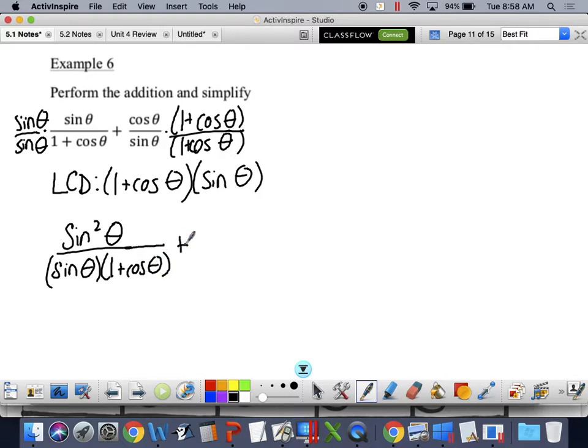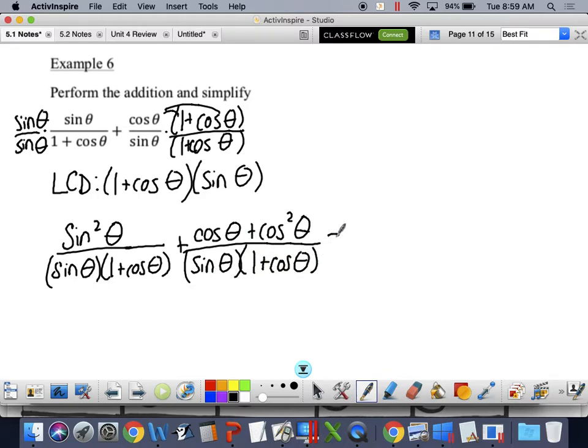And my next one, well, let's go ahead and distribute. So I get cosine theta plus cosine squared theta over that whole mess of the denominator. Then when I add my fractions, I'm going to add my numerators and keep my denominators. So I get sine squared theta plus cosine theta plus cosine squared theta, sorry, that's a cosine, all over